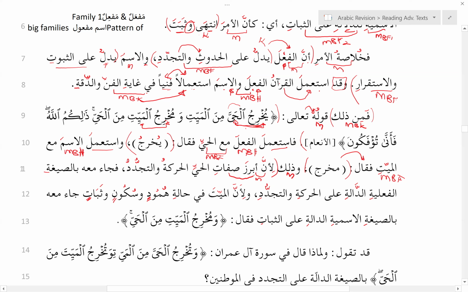So this whole structure is still in kind of one bucket. أبرز صفات الحي. So أبرز is اسم تفضيل, صفات is مضاف إليه because أبرز is مضاف, and then صفات is also a مضاف and الحي is a مضاف إليه. So we have a chain of إضافة here, and this whole part forms our مبتدأ. So this whole chain is our مبتدأ, and that's why الحركة والتجدد is our خبر of that. That's why it is رفع. Okay, and of course تجدد is معطوف على حركة. Are we clear so far? Is that good?